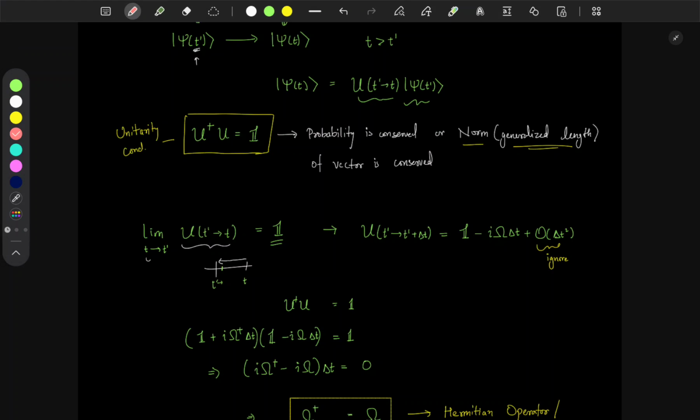But I'll not just say that, assume it analytic in time. I'll give you a hint toward the reason. I will not give you the exact reason, but a hint towards it, because the actual reason is much more mathematical and it's a little advanced stuff. So the notion of time evolution operators actually comes from something called